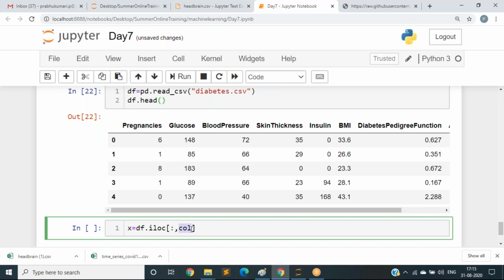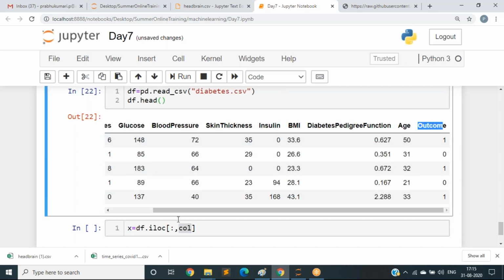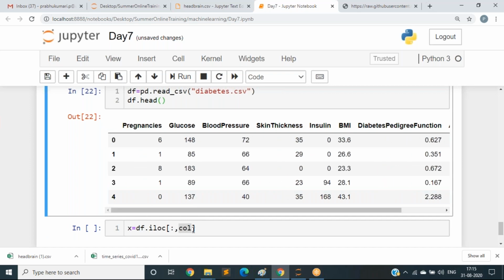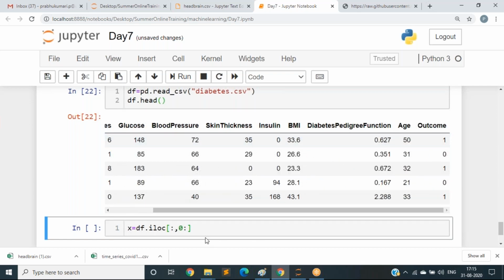And what columns do we need here? We need all the columns other than the outcome column, right? So I am giving the columns starting from 0: 0, 1, 2, 3, 4, 5, 6, 7. To include the 7 columns starting from 0, I should give 8 here.